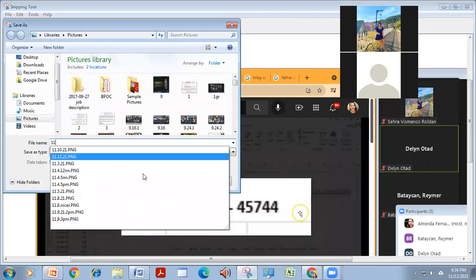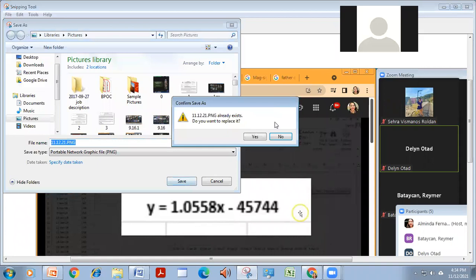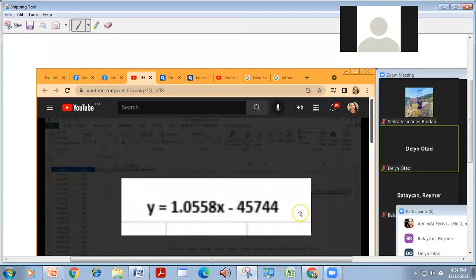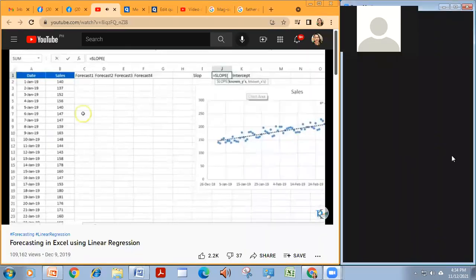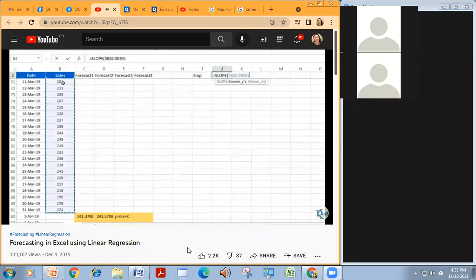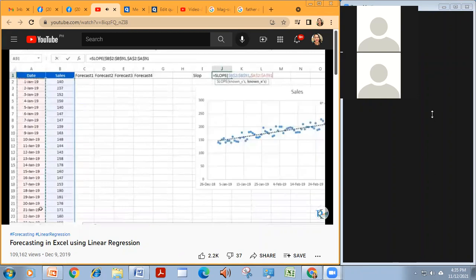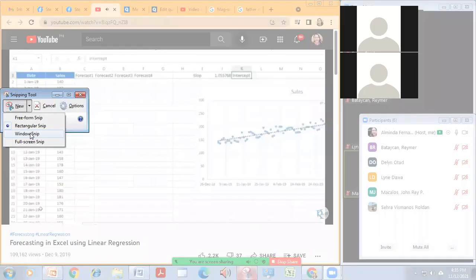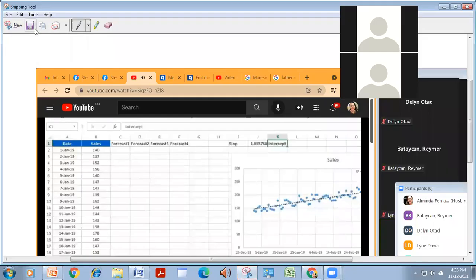So let me put here slope, then let me put here intercept. For the slope, we use SLOPE with known_y's. So known_y's is this range. Press F4, then known_x's. So this is the known_x's. Select this range, press F4 and just close the brackets. This is our slope. And for the intercept, we will use the INTERCEPT formula here.